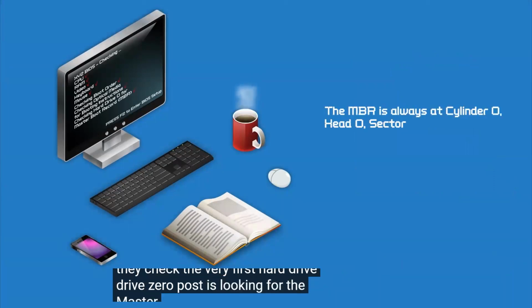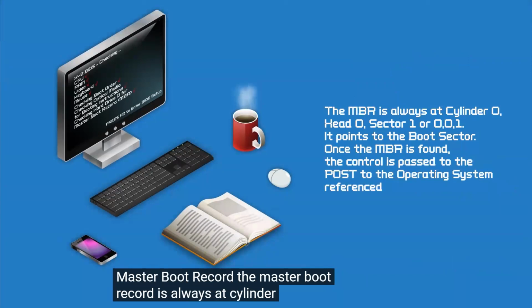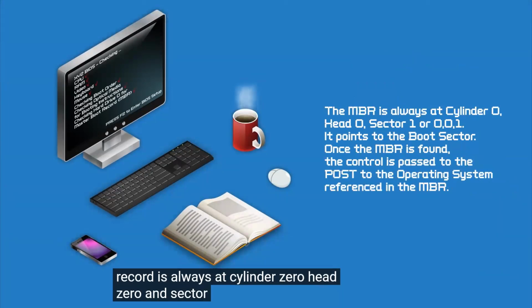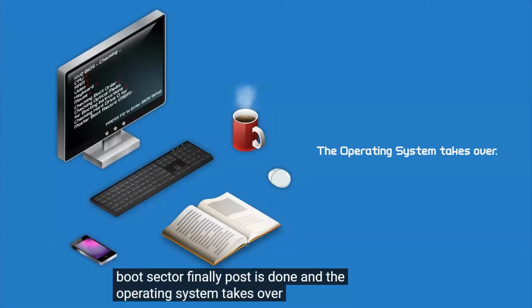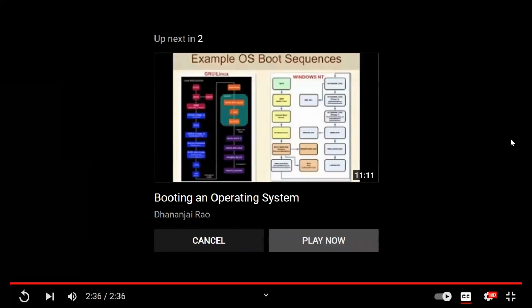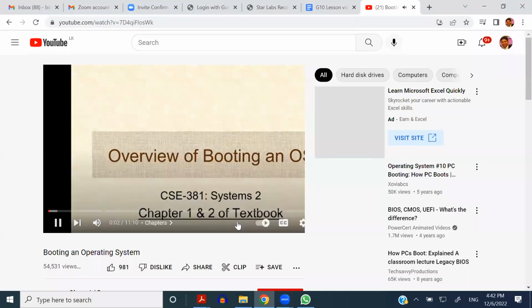POST is looking for the master boot record. The master boot record is always at cylinder 0, head 0, and sector 1. It points to the boot sector. Finally, POST is done, and the operating system takes over. This presentation provides an overview of